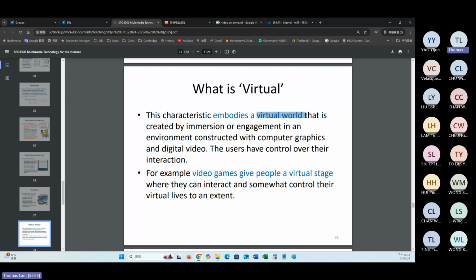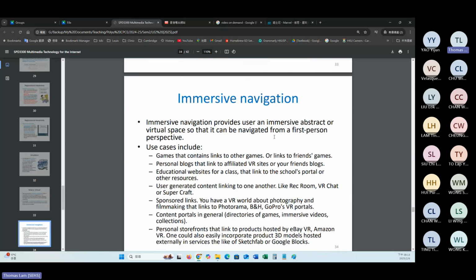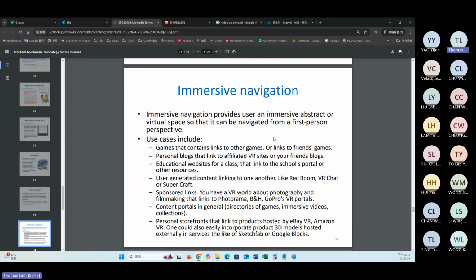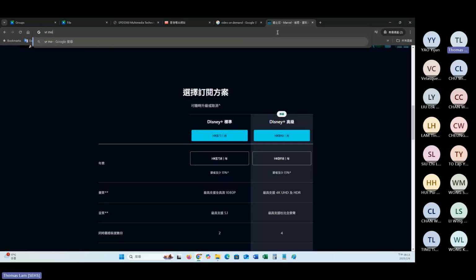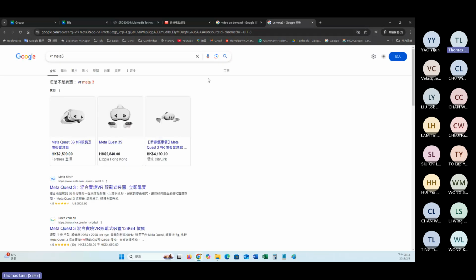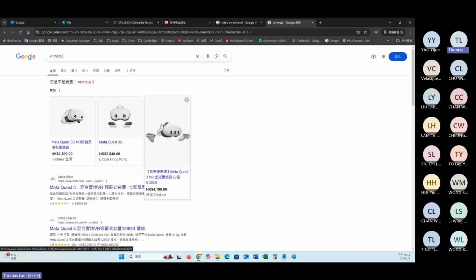So this is very important now because the preference of the player or people has changed. And apart from the virtual world, if you want to have a better experience, people may buy the VR helmet. I don't know whether you know this one. Some of you may have this one at home. So this is an obvious example for the immersive experience for the interactivities.